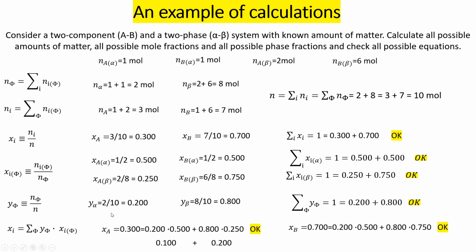So first I apply this equation for phase alpha. So Y alpha, which is 0.2, times XB alpha, which is 0.5. Okay, first term. Second term is for phase beta, so Y beta, which is 0.8, times XB beta, which we